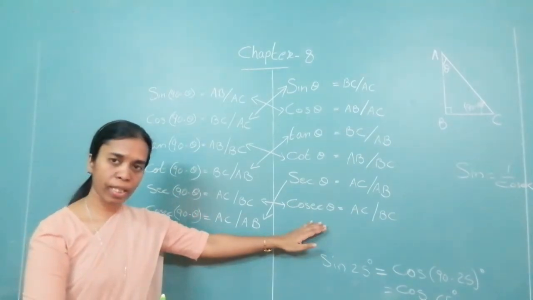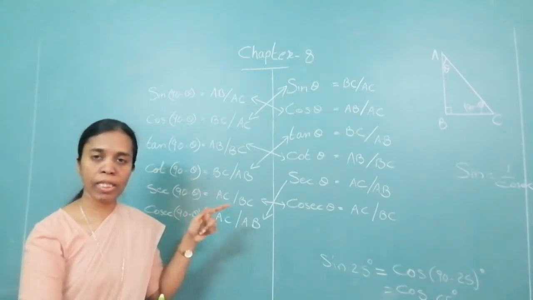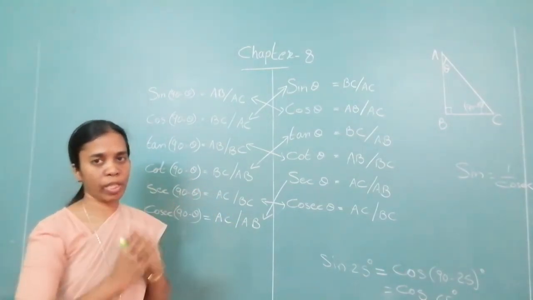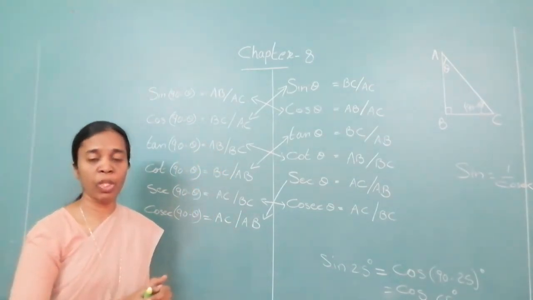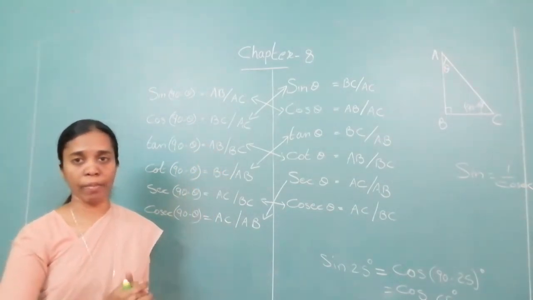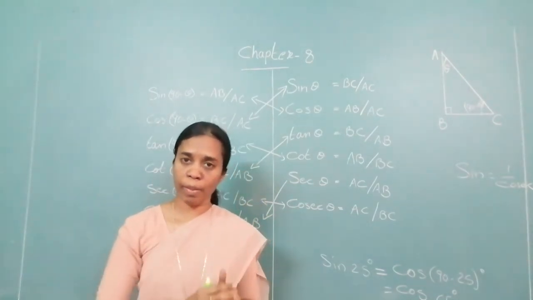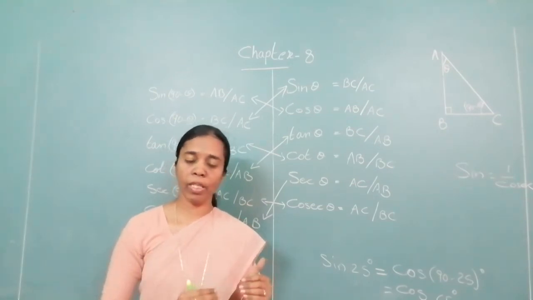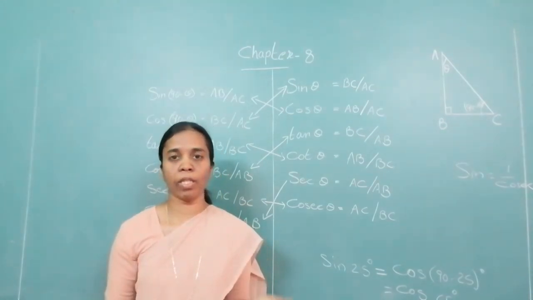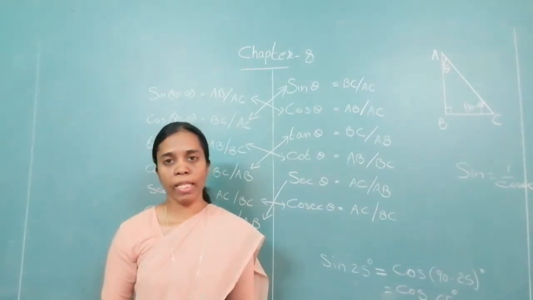So cosec 30 degree is the same as sec 60 degree. Together they should give you 90 degree. Is it clear to you? This is the complementary angle ratio which you have to learn by heart. How is the relation? Sin theta is cos 90 minus theta, cos theta is sin 90 minus theta, tan theta is cot 90 minus theta, cot theta is tan 90 minus theta, sec theta is cosec 90 minus theta, cosec theta is sec 90 minus theta.